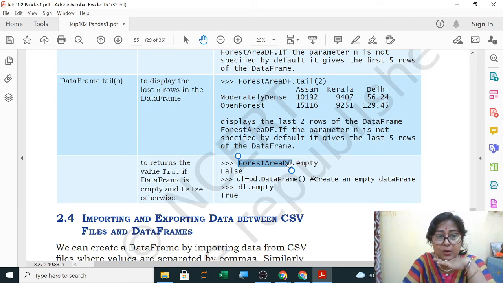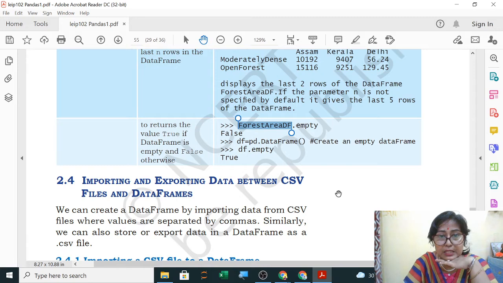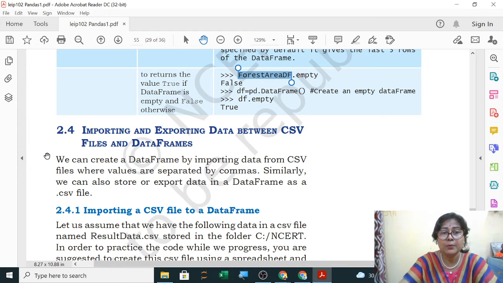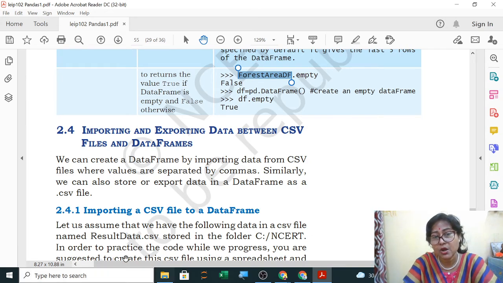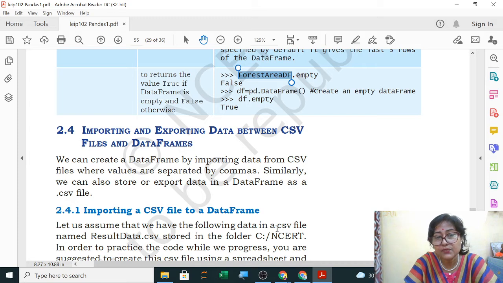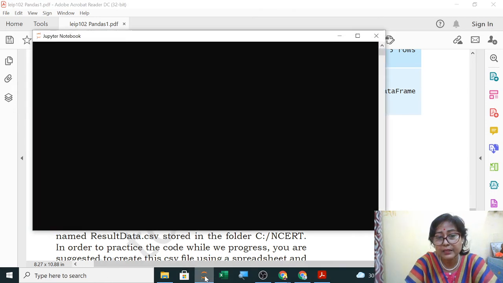So this is your complete attribute portion. This is very important, so we will do it one by one and practice it. Now the next topic will start with importing and exporting data. This we already did before summer vacation, because during summer vacation you were to do the projects. So to_csv and read_csv, again I will revise this also. Let us start with the practical part.